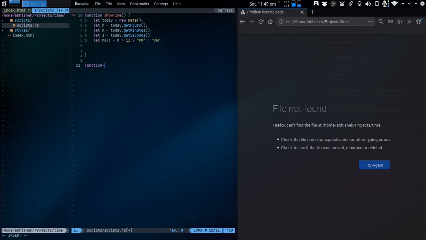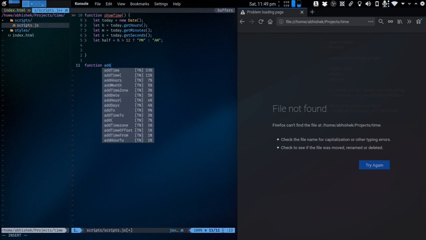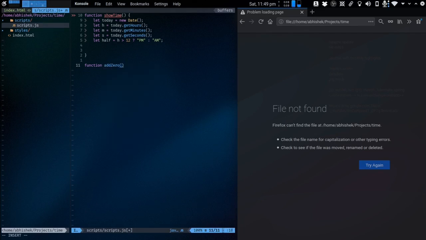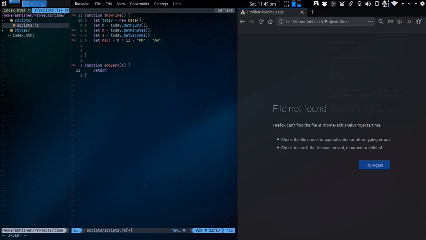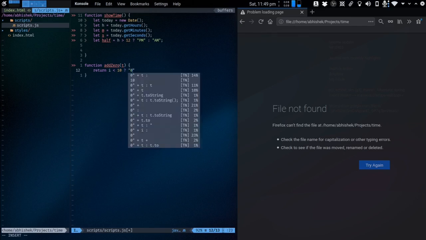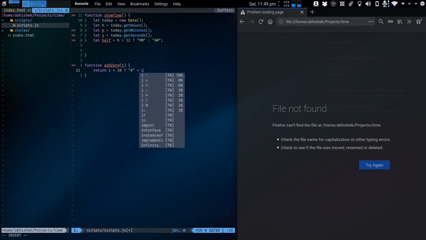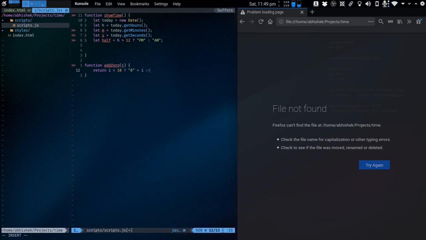So let's just call it function add0, and it will take an argument. Let's call it t for time, and then we'll just simply use another ternary operator. We'll return i less than 10. If i is less than 10, we'll return 0 plus i. Otherwise we'll simply return i. Okay,